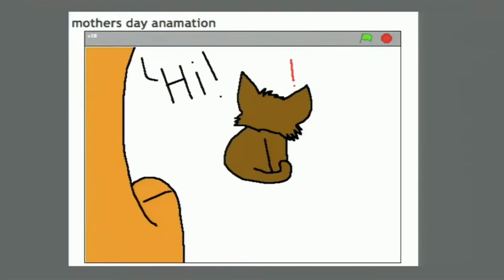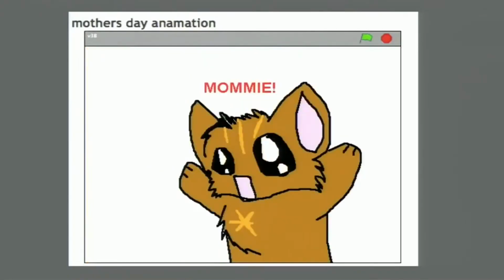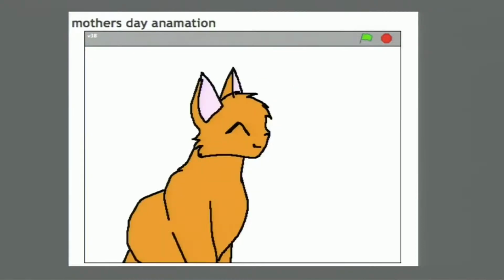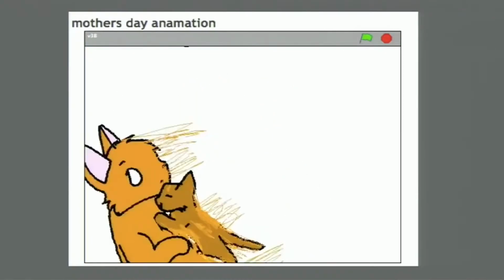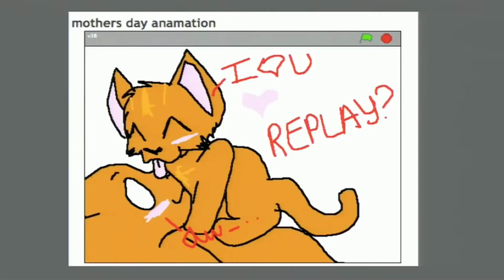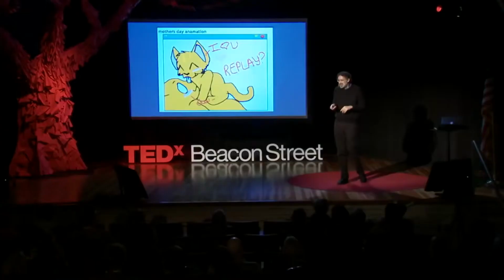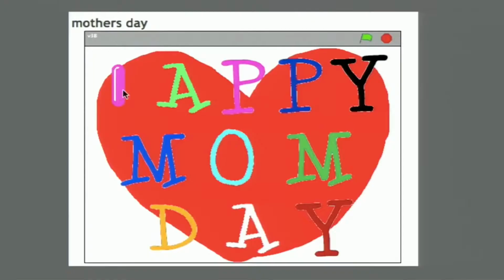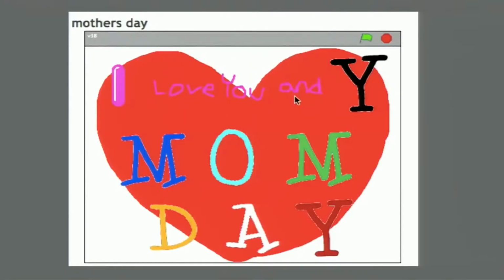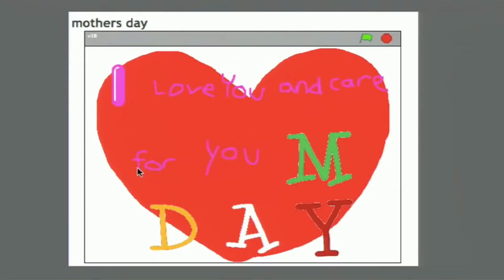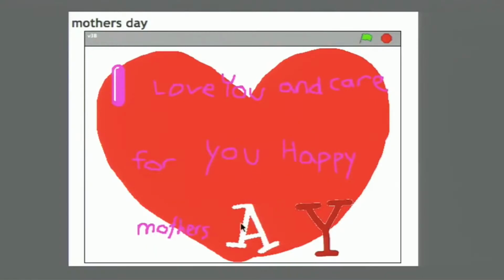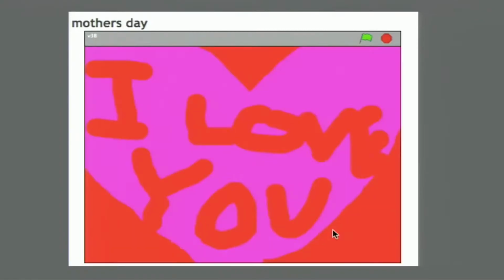I saw one of them that featured a kitten and her mom, wishing her mom Happy Mother's Day. And the creator very considerately offered a replay for her mom. Another one was an interactive project where when you move the mouse over the letters of Happy Mom Day, it reveals a special Happy Mother's Day slogan.